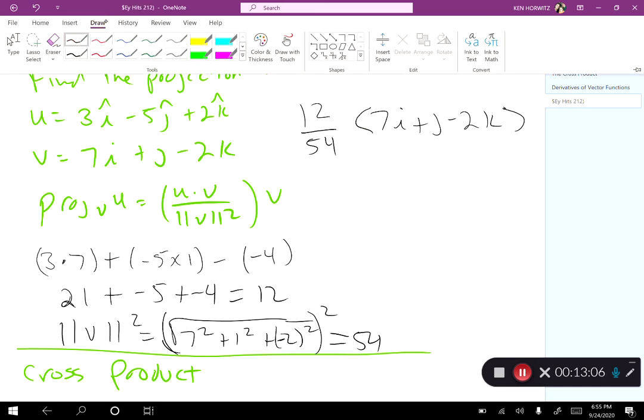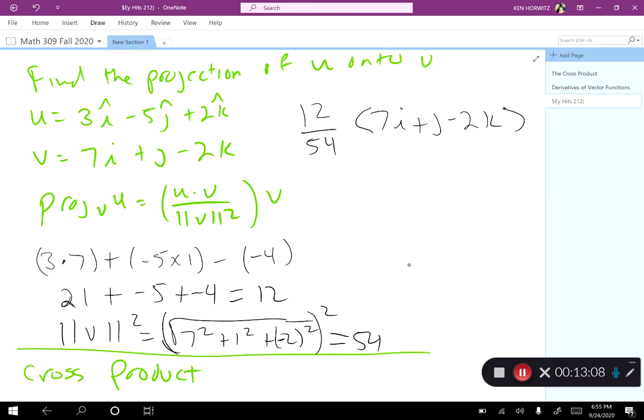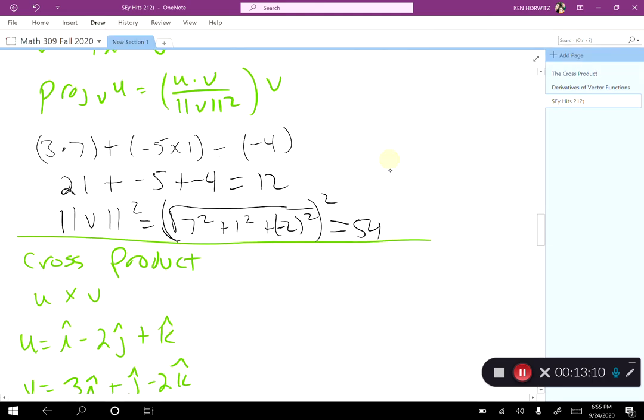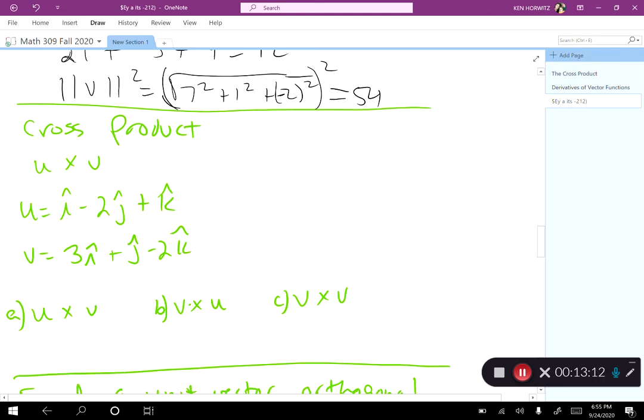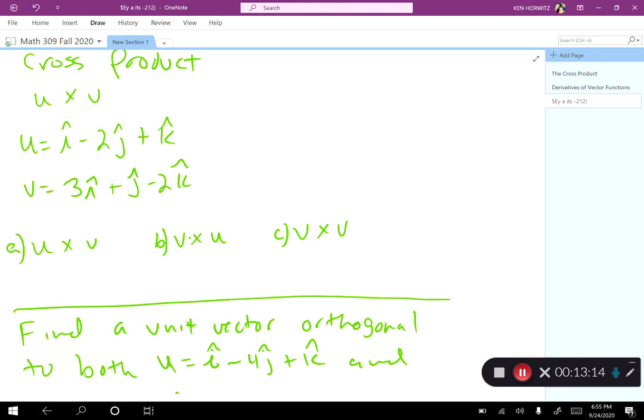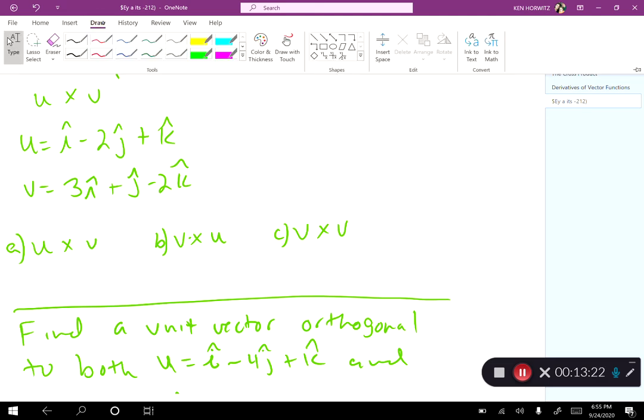All right, so now we are going to talk about how to do a cross product. A cross product is yet another way to do vector multiplication. We're not going to talk about how to do it necessarily, I'm just going to help you set it up, because this is review. So if I want to do U cross V,